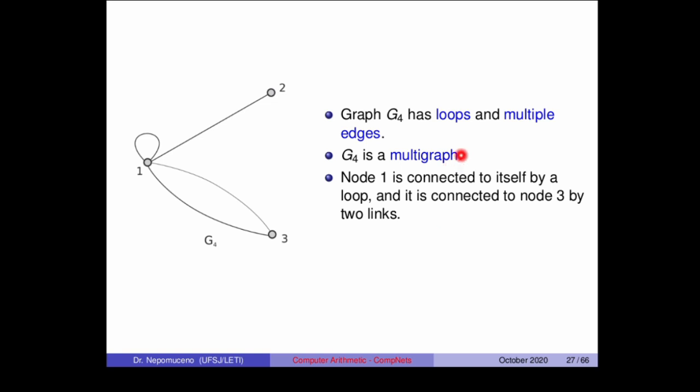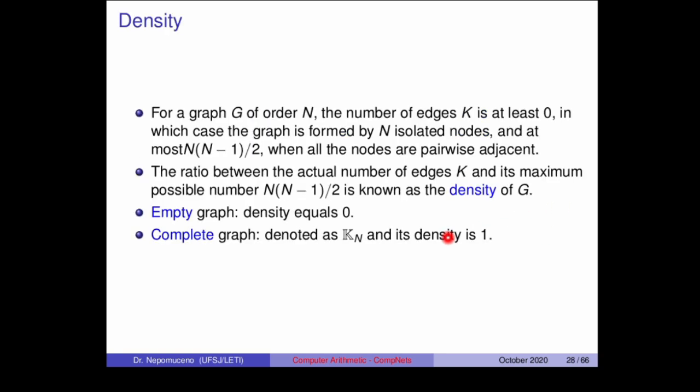Graph G4 has loops and multiple edges, so G4 is a multigraph. Node 1 is connected to itself by a loop, and it's connected to node 3 by 2 links. For a graph G of order n, the number of edges k is at least 0, in which case the